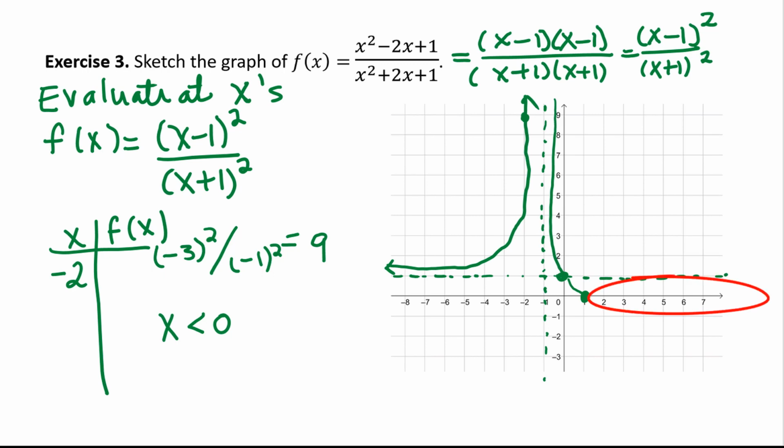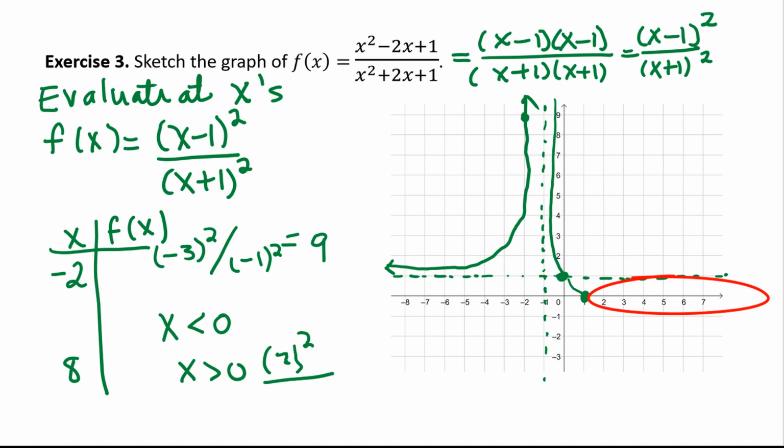And so let's make a few other observations. Just for fun, I'm going to pick a value of x greater than 0. And an easy one for me to pick, greater than 1. So how about just 8? That's a big number. If we pick 8, we're going to get 8 minus 1, that would be 7 squared,